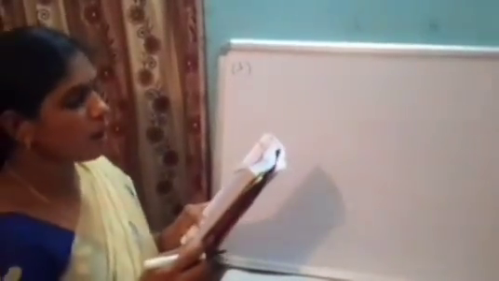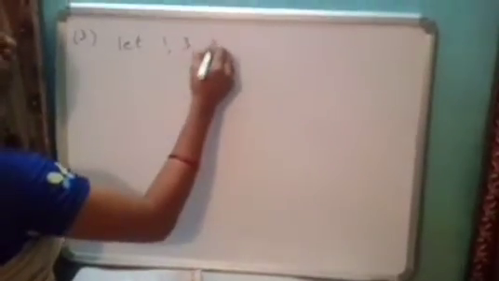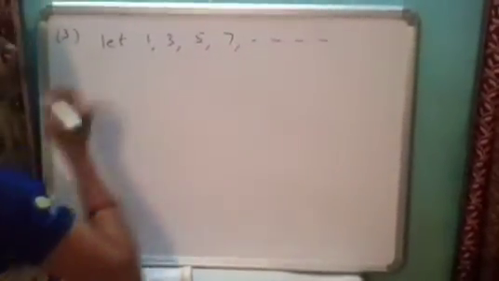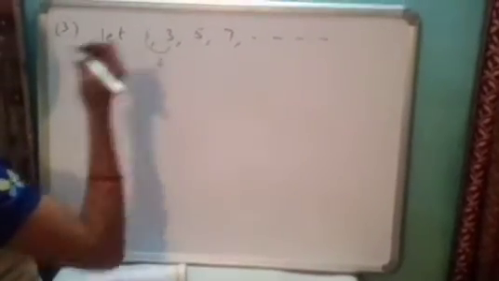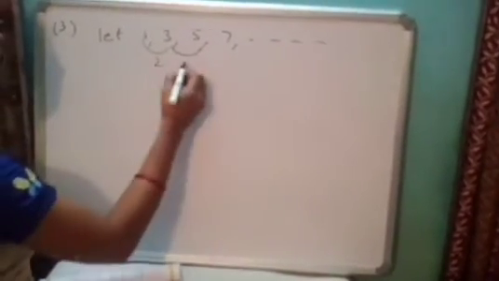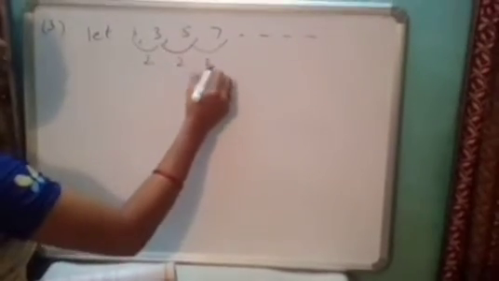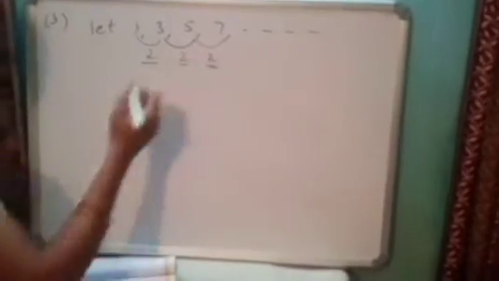And next we go to the third problem. Make a positive arithmetic progression in which the common difference is a small positive quantity. 1, 3, 5, 7 and so on. The difference between these consecutive terms is a small quantity, that is 2. These two terms also differ by 2. This is the small common difference, a small positive quantity.